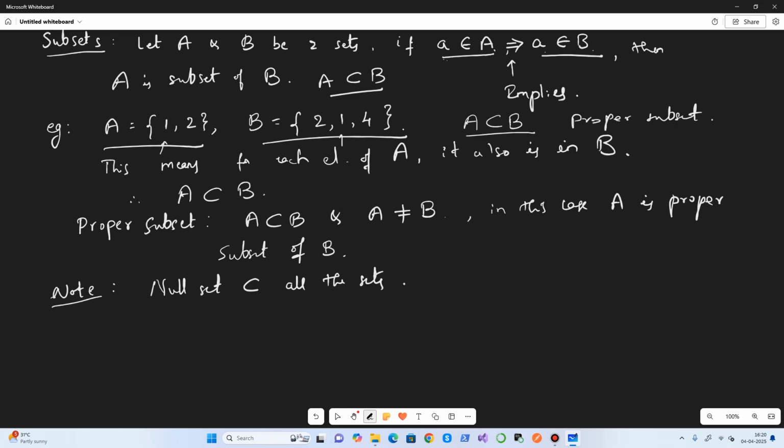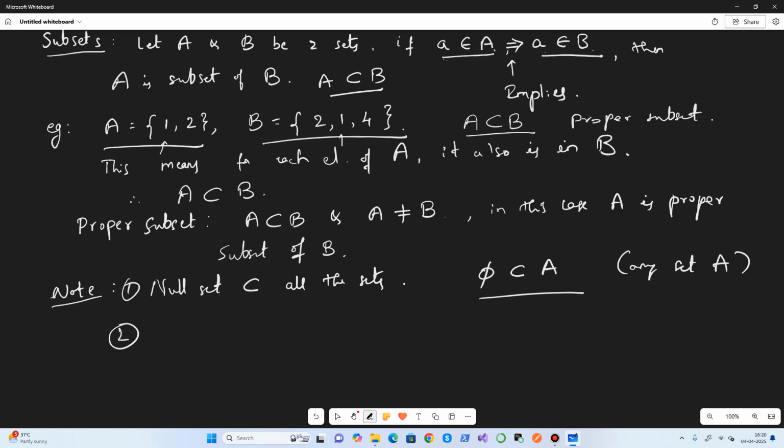You take any set, right? So phi is a subset of any set capital A. So this is the first important property.